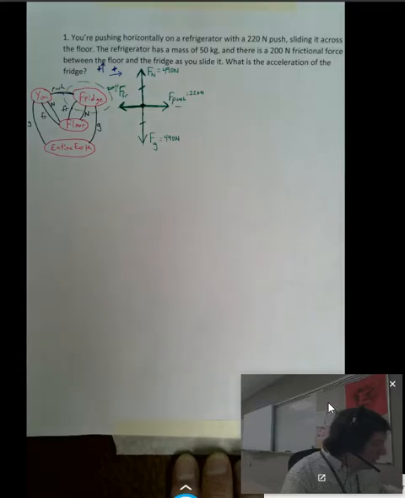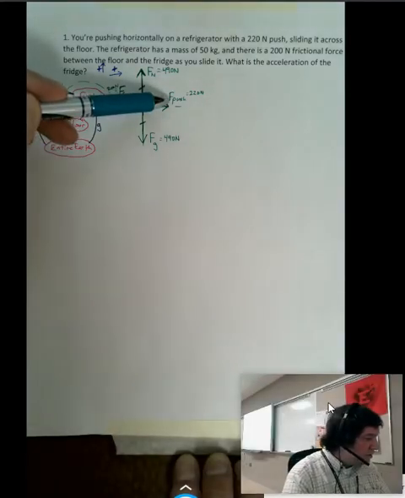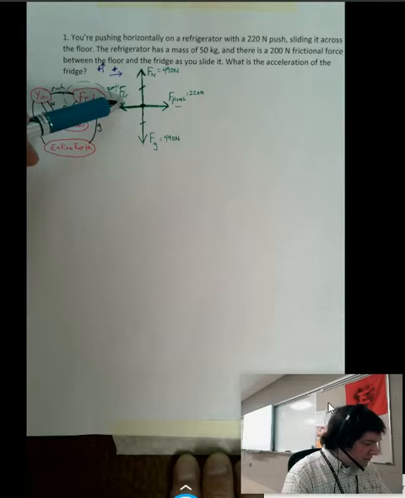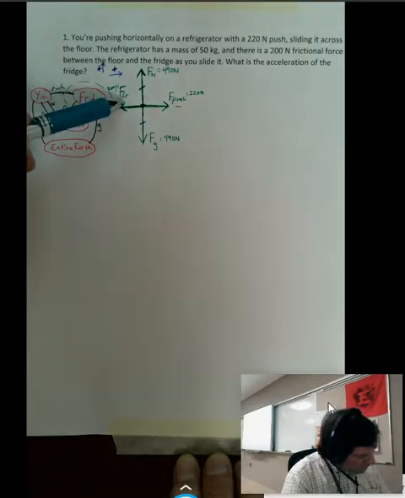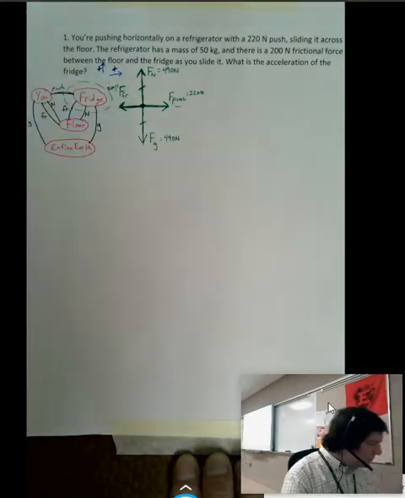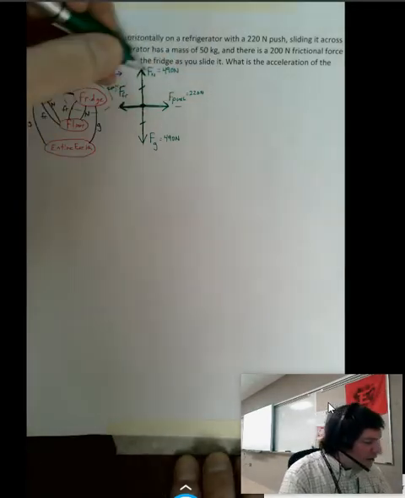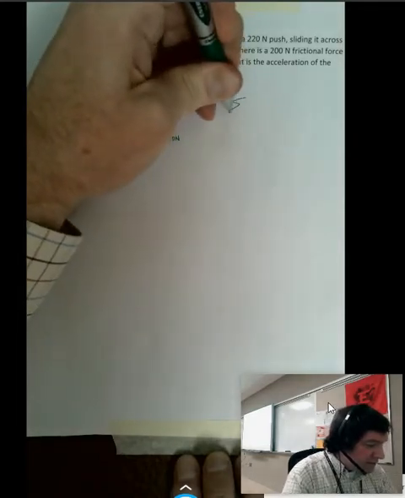But we've got a positive direction to the right, so this push to the right is going to be a positive force, and this frictional force to the left is going to be a negative force, because remember that we always want to pay attention to direction when we're thinking about forces, because force is a vector. So I can use this diagram to know that the net force,